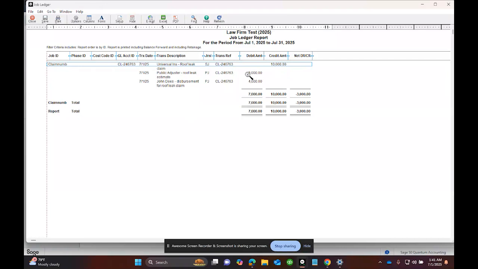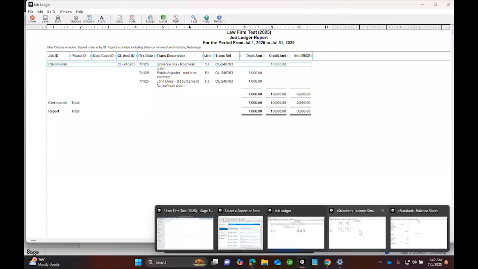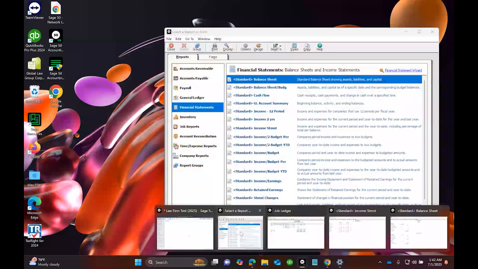And then the final one is going to be the job ledger. Again, $10,000 were initially deposited, $3,000 were paid to the public adjuster, $4,000 were paid to the disbursement. And now we have remaining $3,000, which in theory is the fees that are going to be paid to the lawyer. But this will be covered in the next video. As you can see here, this amount is the one that should also be reflected on the bank statement. So now we're going to have the bank statement at 3,000, the job ledger at 3,000, and